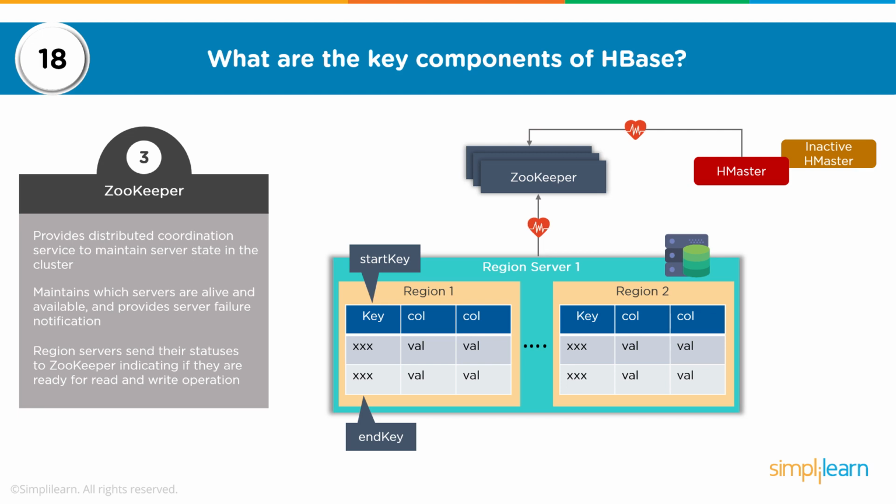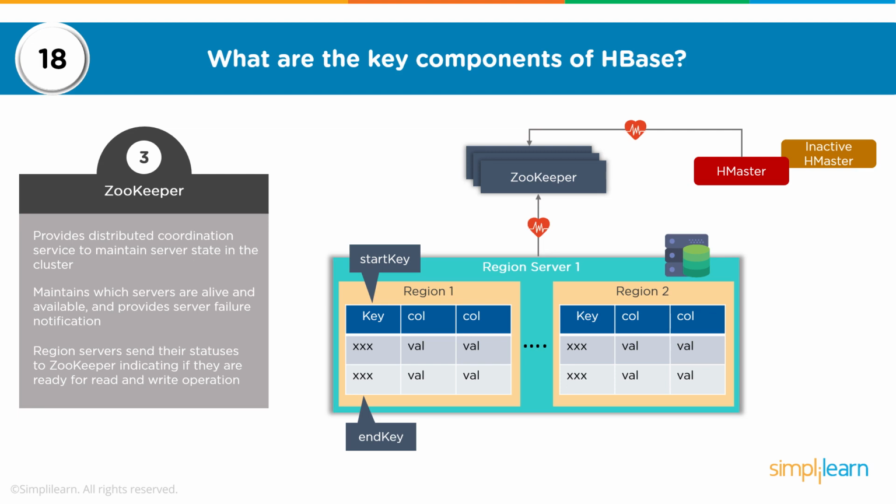You would have a Zookeeper quorum, which is the way Zookeeper works. Zookeeper is a centralized coordination service which will always run with a quorum of processes. Zookeeper would always run with an odd number of processes such as 3, 5, and 7, because Zookeeper works on the concept of majority consensus.